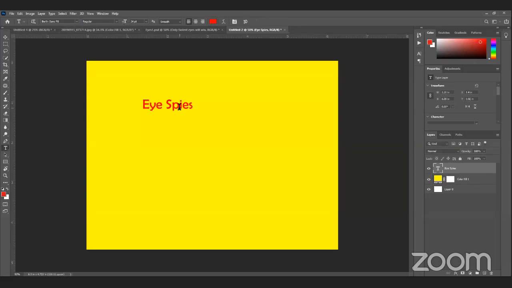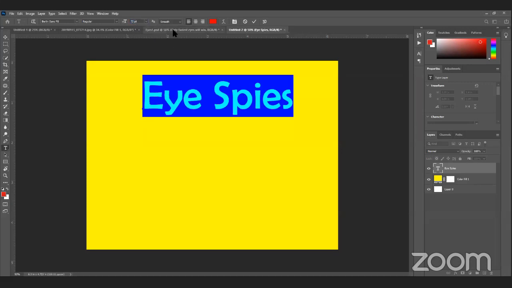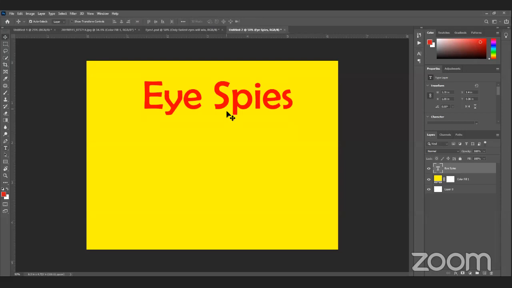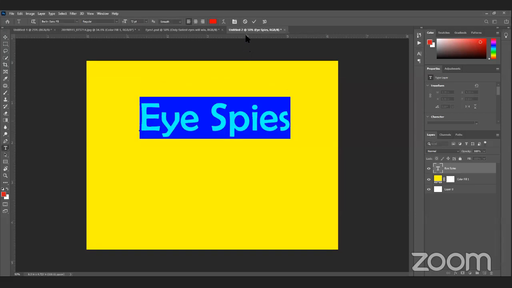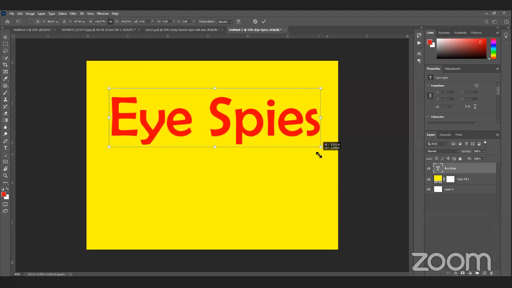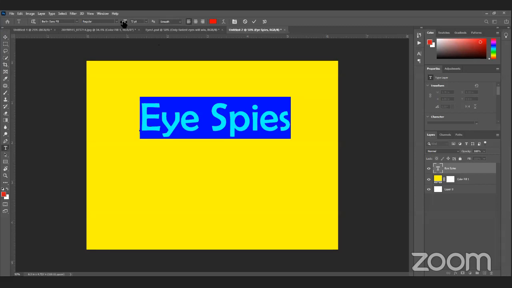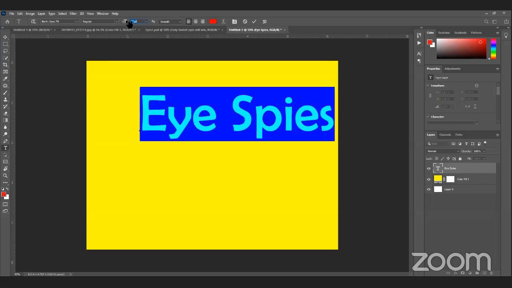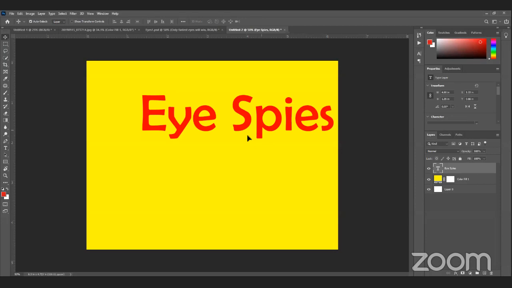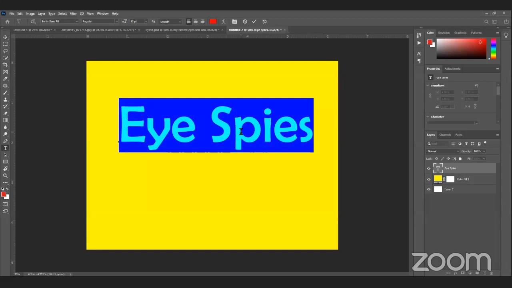Text size, as we know, we can increase by selecting the text from here, or there is another method: Control T. You can perform Control T for the text also and transform it, but I generally use the basic way, like we do in Word. It looks good, but not as good as I want.